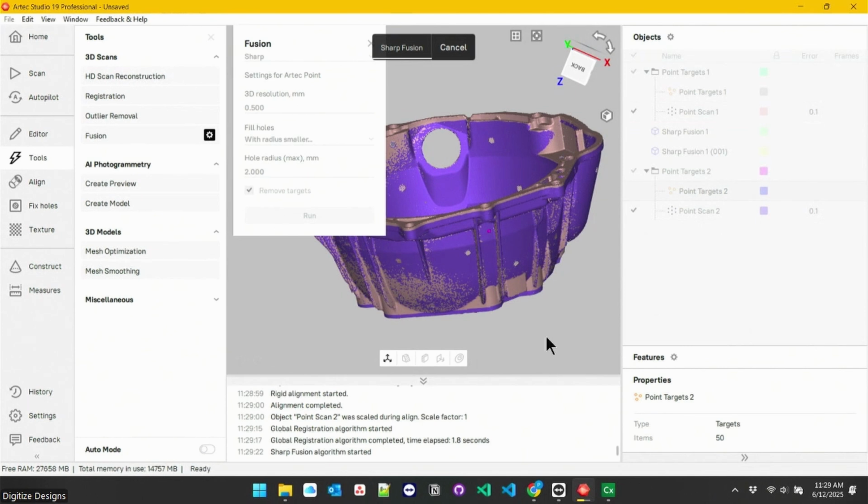Cool. Looks like we're about halfway through. We'll do a couple of quick measurements on this, and I'll switch to one of these smaller parts, just to kind of show you a little more of what the scanner can do. Something cool about